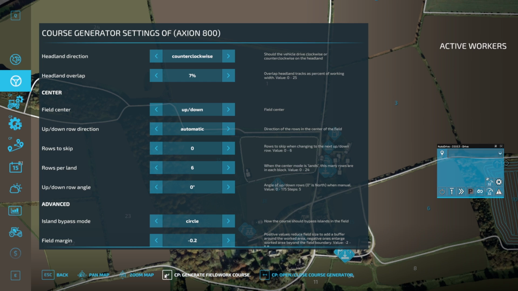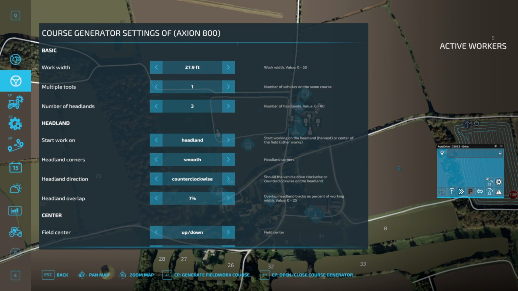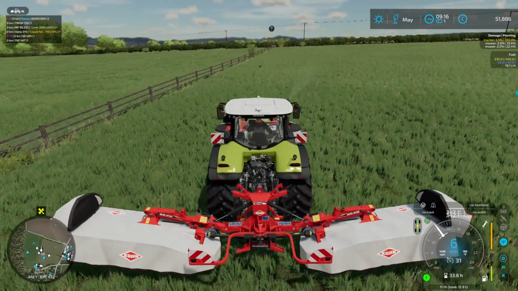Anyway, course play's constantly crashing into trees. And actually, what's our headland set at here? 4. 3 should be pretty good, I think. Let's generate that course. Oh, that didn't take long. That generated really quickly. And at least one thing I've noticed when it comes to starting course play